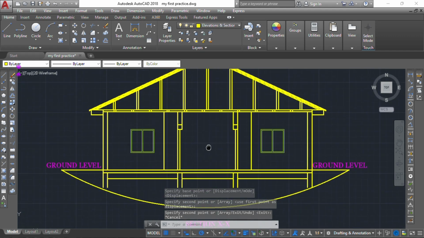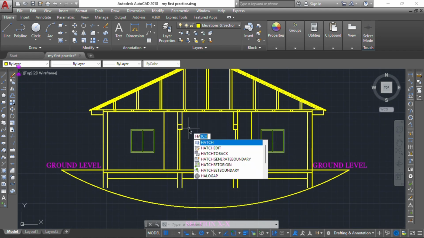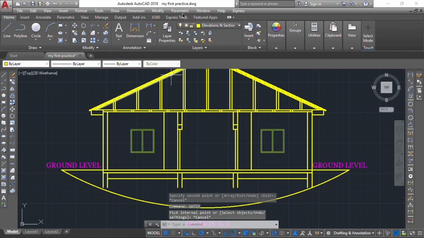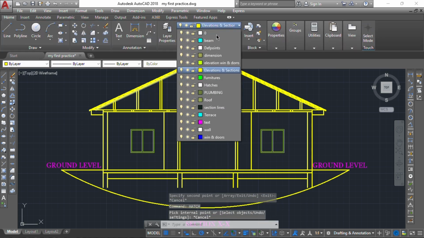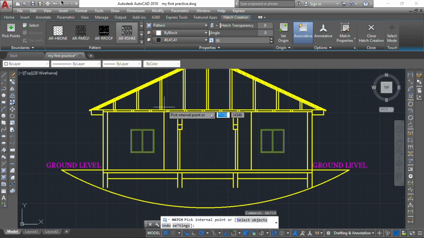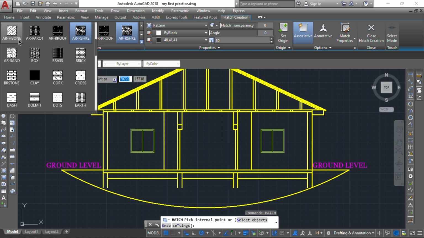So now let's go ahead and hash where we are supposed to hash and where we are not supposed to hash. Let's do what we're supposed to do. Let's change this. Okay, let's hash. Now the first hashing type we need to do is